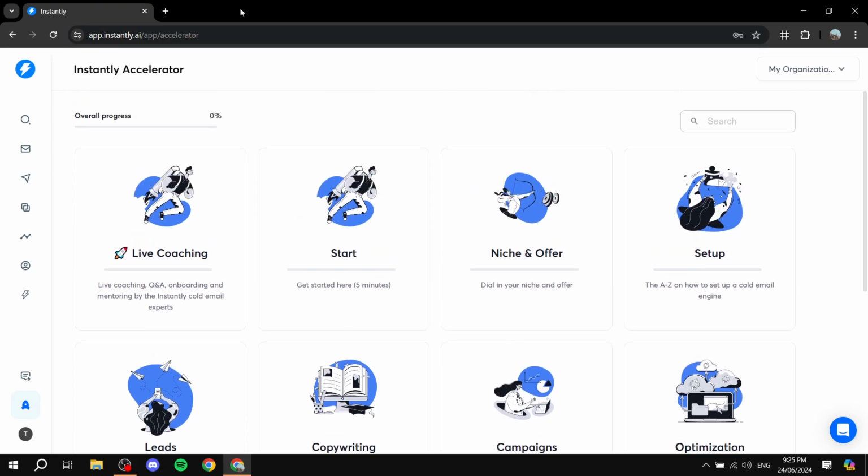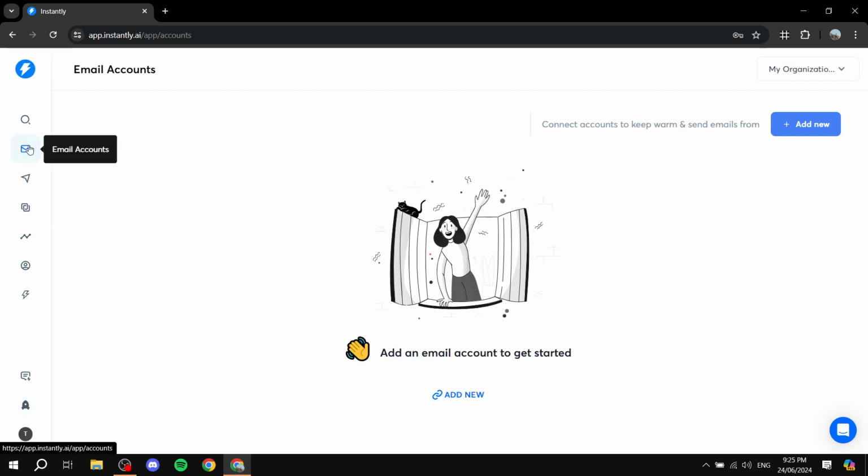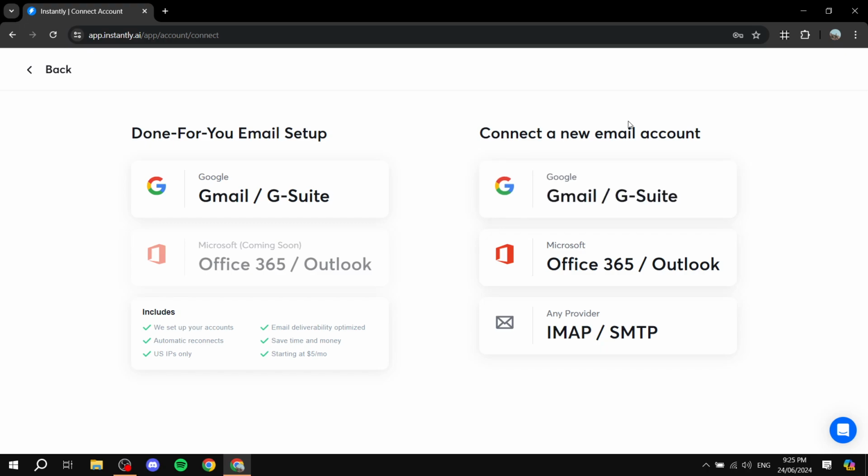So using Instantly is very simple. You can just go ahead and get started by adding your email accounts. To do so is very simple. Just click on email accounts, click on add new on the top right. And then here you would want to select the service that you want to use or the email service that you want to connect. So if it's Gmail or